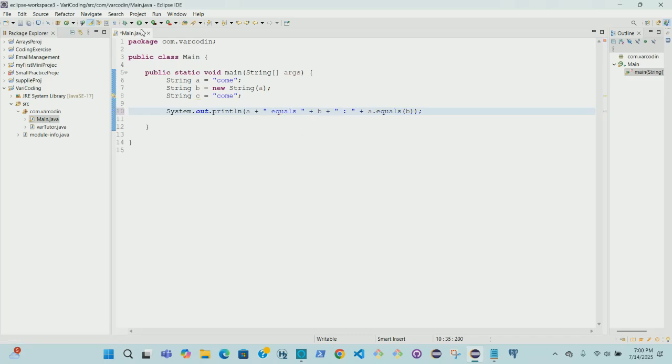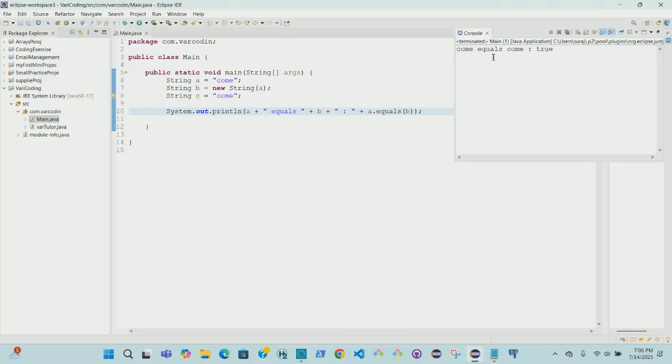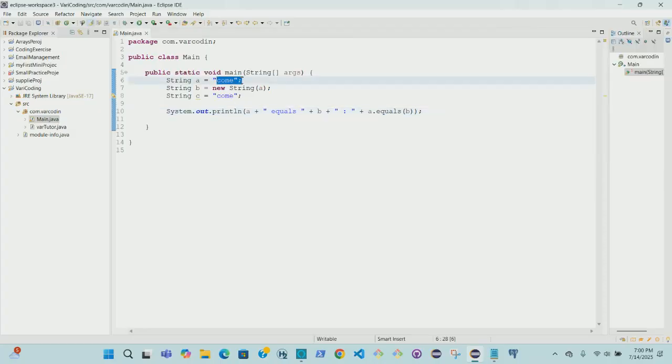Okay, now let's print. CAM equals CAM. This is CAM, right? The content. CAM is the content, right? And here the value of the reference A is also CAM. It came here. So equals,